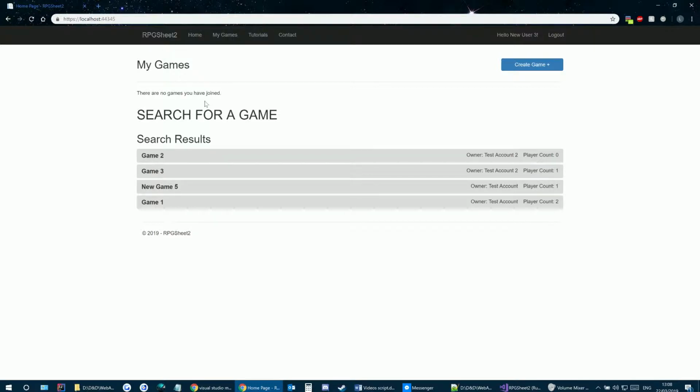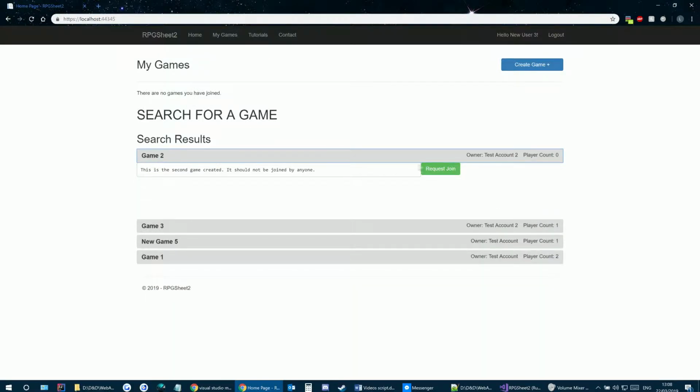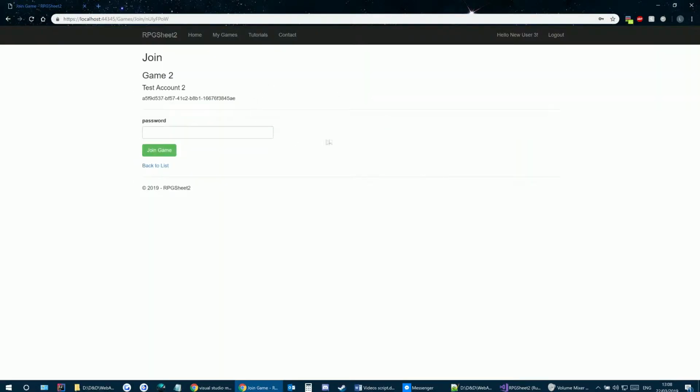So if we actually go to request to join a game, that's the user, and that's just a bit of debug information. But up here, you'll see that they are not an integer, but they're actually a string of characters. Now, it's difficult to show, like, not difficult to show, sorry, but